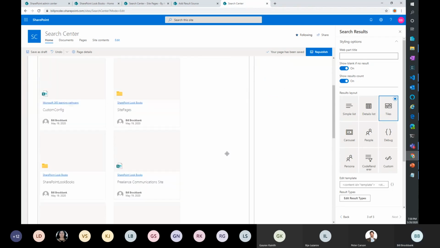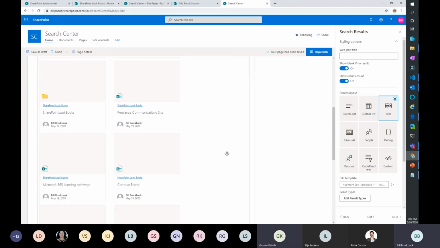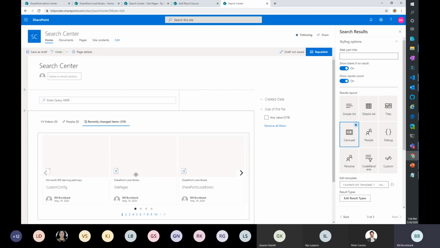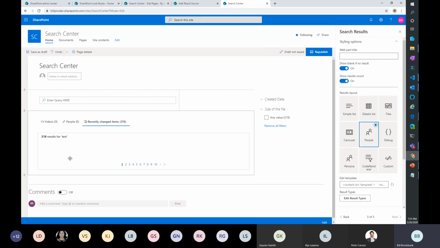This is the tiled view, which lets me do tiles of documents. Then the carousel view, which lets you do a single line and scroll through them. Again, these would be more helpful if you're doing something like a content query equivalent and you weren't doing a search, where you wanted certain documents from certain locations to show up. Then the people results view, which I don't have any people results for, so you don't see it. Here you can see the pagination on the bottom I was mentioning earlier, so that you can page through it.